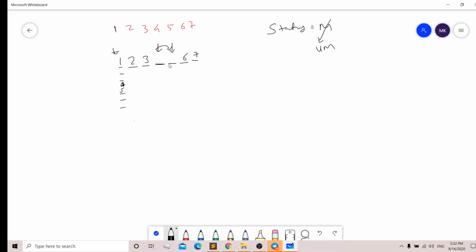Once again we encounter an unmatched, so we see the next element, just like we have done here. If it is unmatched, we simply increment our pointer, just as we have done here.